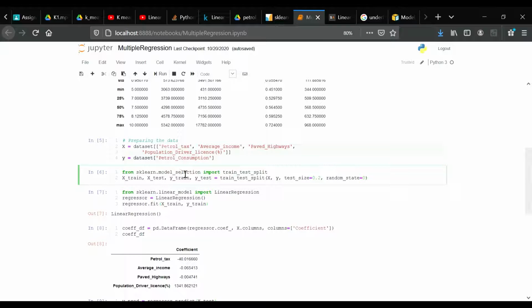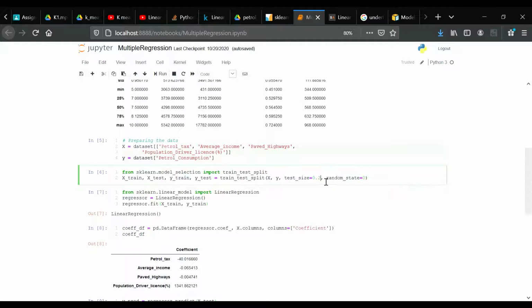In this procedure, we have one main configuration parameter, that is the size parameter. It is most commonly expressed as a percentage, either for train or for test. In our case, we have split it into 80 and 20. So our test size is 20%, that is 0.2. So we use the train test split method, which splits arrays or matrices into random train and test subsets.